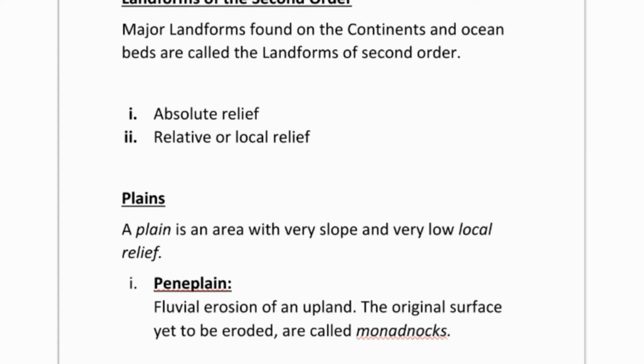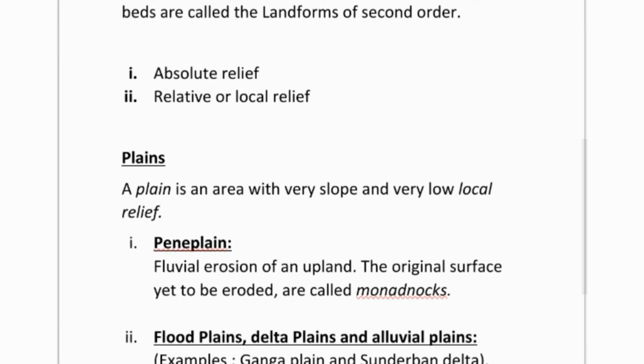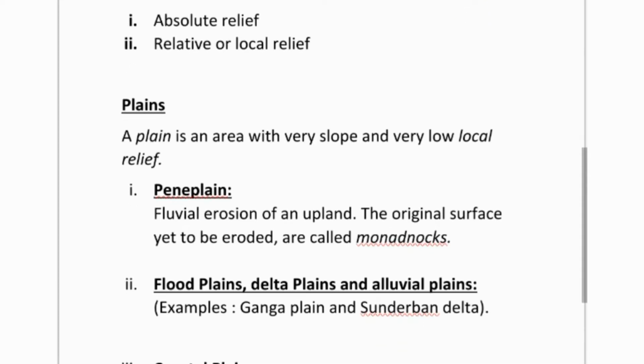Next is seafloor spreading. The age of rocks of the seafloor is not the same throughout. Generally, the youngest rocks are formed in the central part of the oceans, and progressively older rocks are found towards the margins of the oceans. It is believed that new crust is continuously formed in the mid-oceanic regions, which spreads outwards, pushing the older rocks towards the margins. This phenomenon is called seafloor spreading. The concept of seafloor spreading has been used as one of the foundation stones of the theory of plate tectonics.